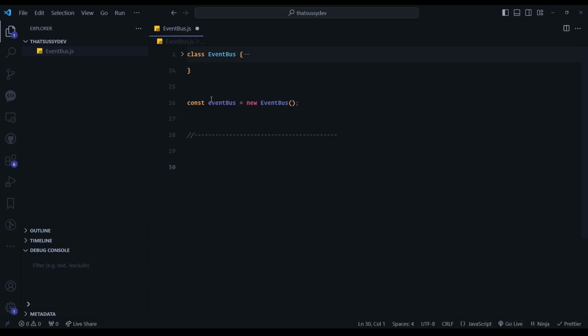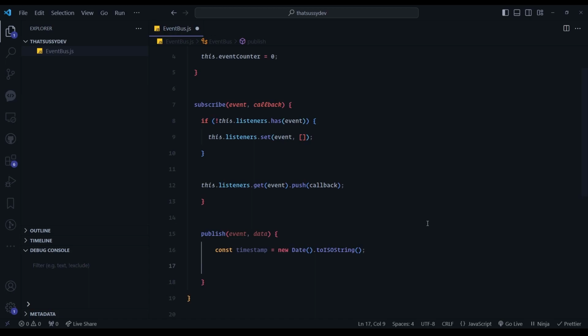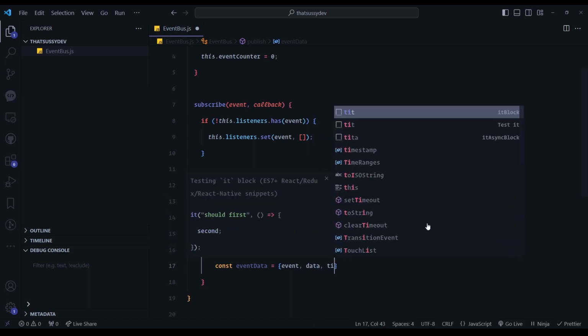One is a shopping cart module and another is a user notification module. So let me define the shopping cart module here, and I can create a handler, add to cart handler, which will be taking the event data,